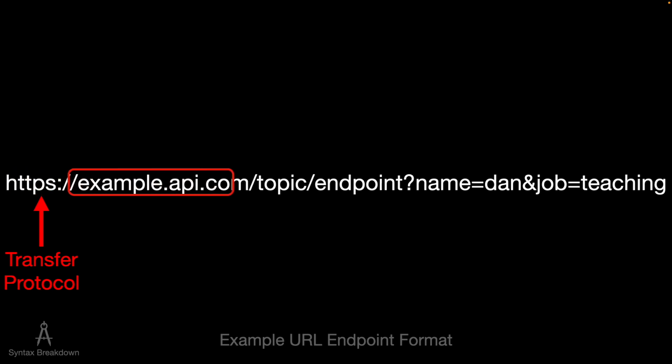Then after that you have your domain name. So this is your example.api.com, amazon.com, whatever your website name is. Mine is pastadiablo.com, which has been my online alias since I was 13. If you see someone named Pasta Diablo on the internet, it's me. So you're welcome. Best of luck.